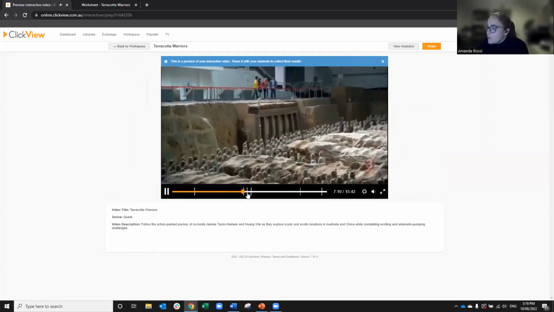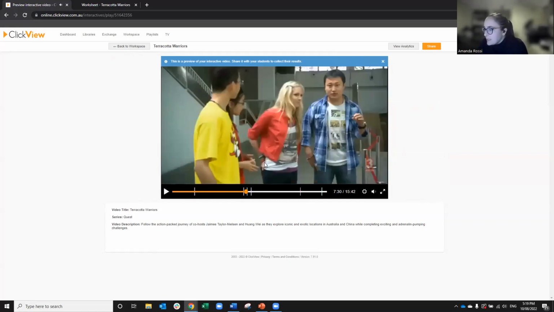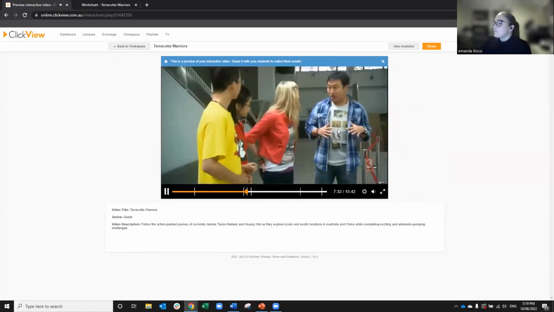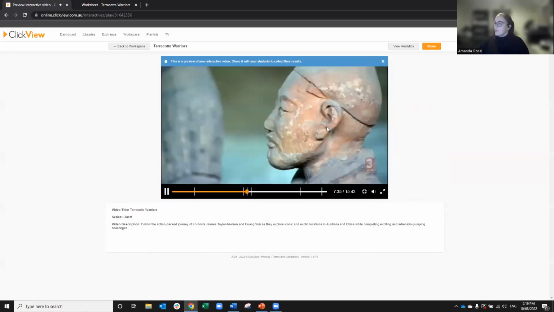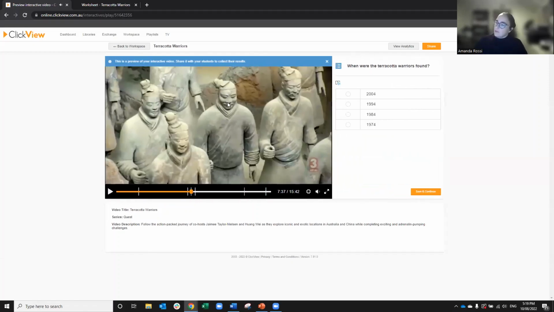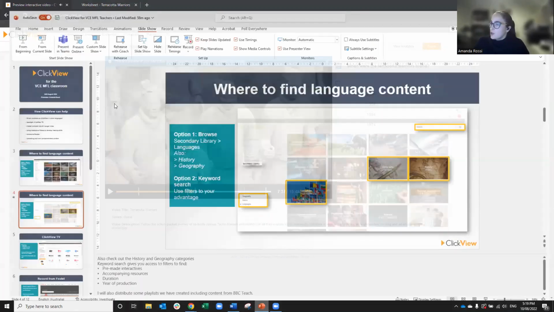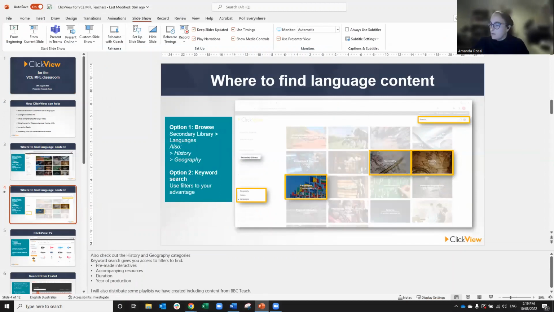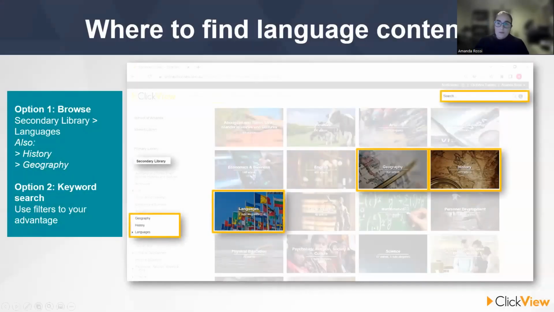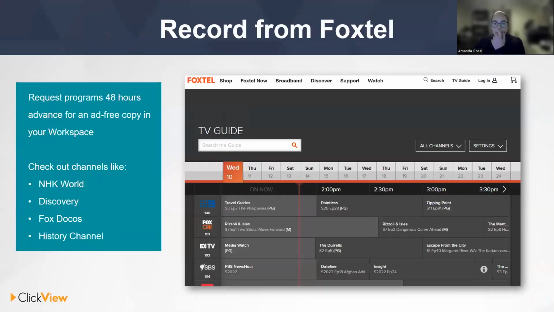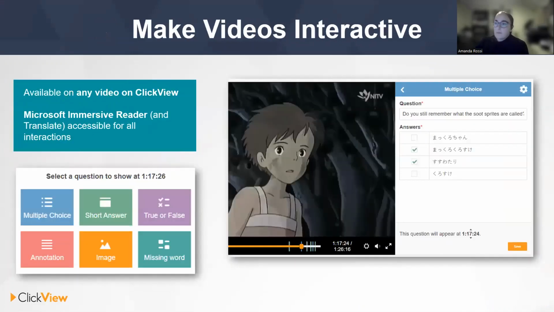So we've got all these purple ones, the true or false ones. There's another color here, and that will denote a different question type. I don't have to wait to have a look at all of these. I can show you back over here. So these are the 6 question types that you can use: multiple choice, short answer, true or false, missing word,